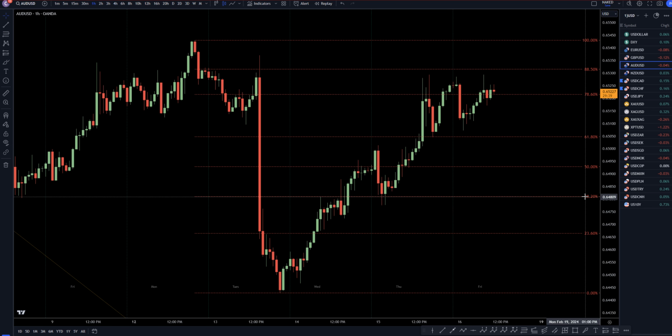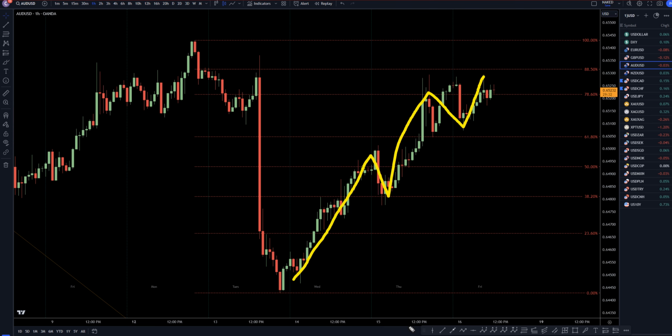So taking it down to the 1 hour time frame, this move up definitely does look like a trend. It looks like a 1, 2, 3, 4, 5 pattern. It could possibly be a motive wave correction. So if today we do have some news coming out this afternoon, if we do get a big impulsive move down, especially if we get a break of structure, that is going to be another shorting opportunity for me because,